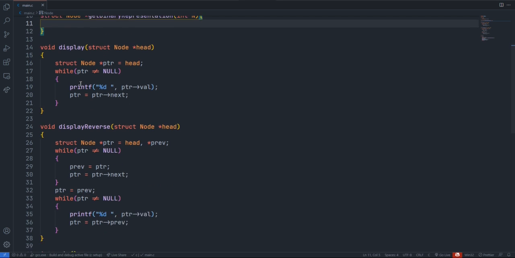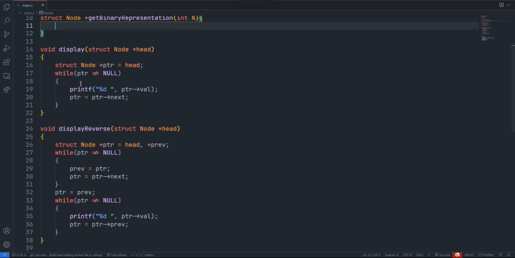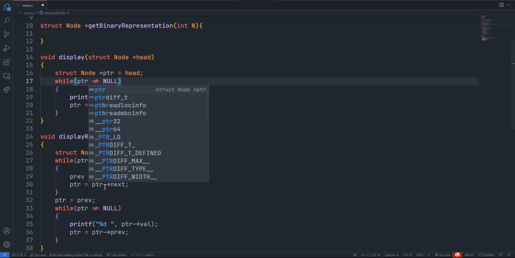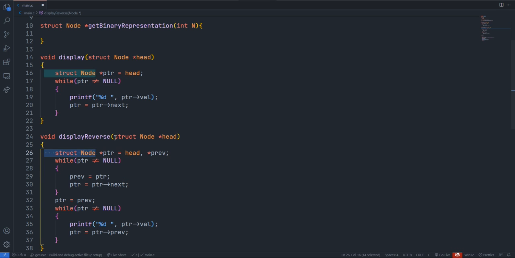Here is the code they have given by Skidmark. In this code, Skidmark should check while ptr arrow next not equal to null or ptr arrow previous not equal to null, because a node itself cannot be a null value. It's like creating an empty box with something inside it. That is not possible, right?